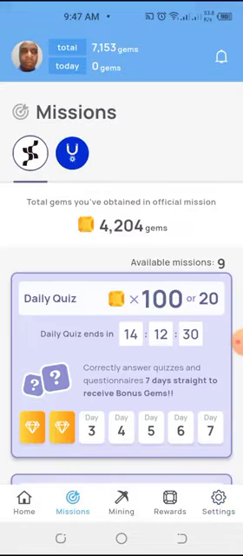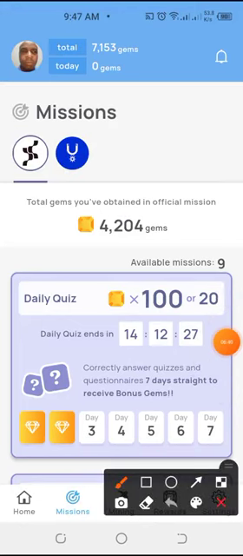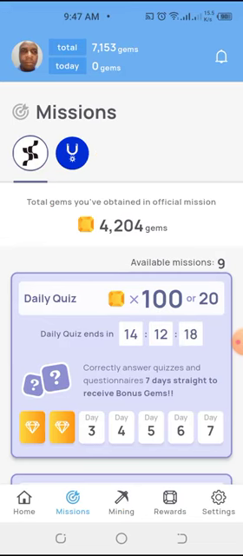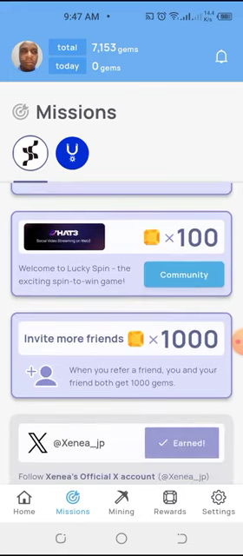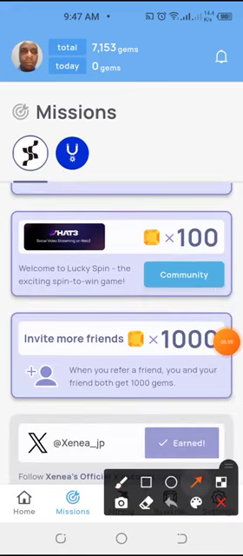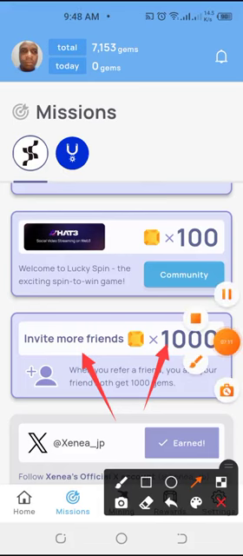All right. So now that you are in the missions area, you click on the logo again. You can see that there are two things here. The logo is there, so you click on the logo and scroll down. Okay. So you now see here, it says invite more friends. For every friend you invite, you get 1,000 gems. So when you click on that invite friends,